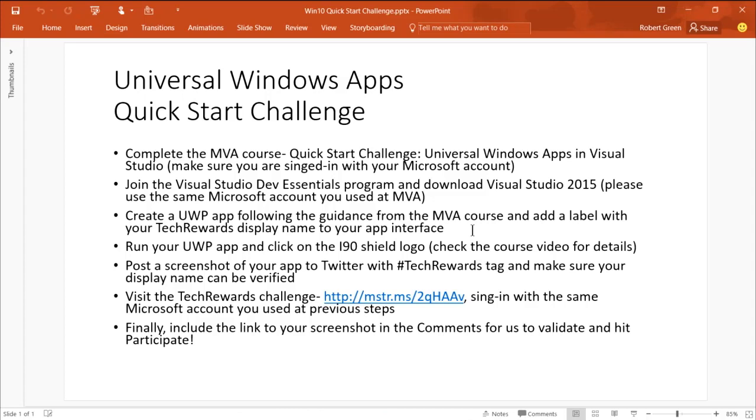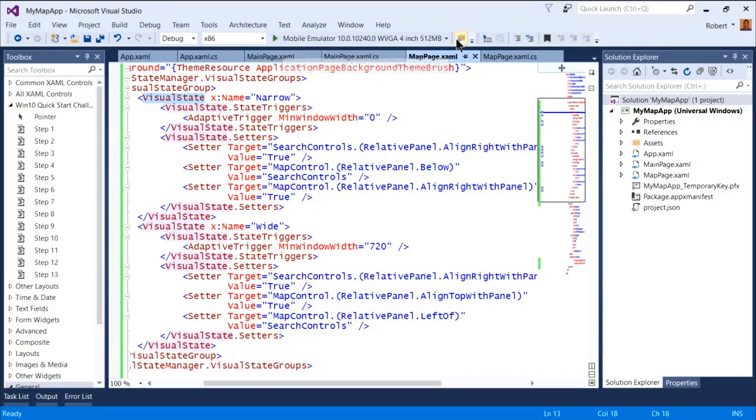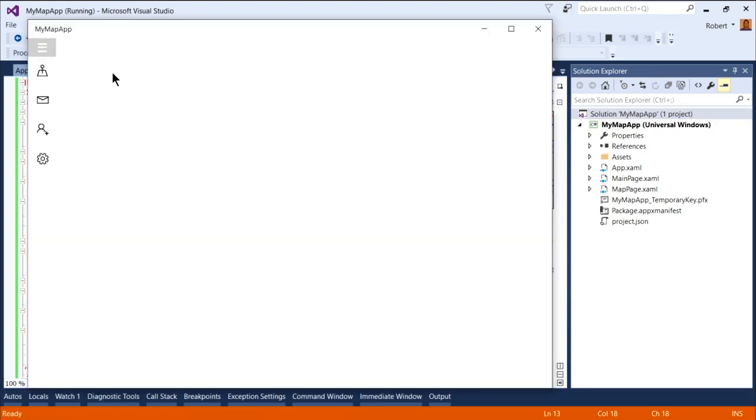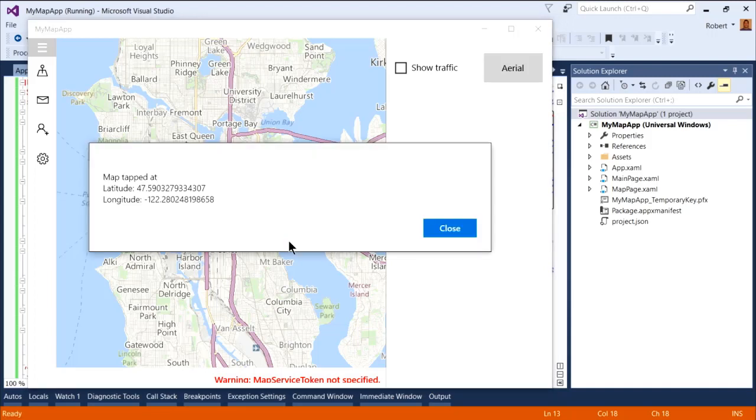And then, when we run the application, you can click on anywhere in the map and it'll show you where you are. So for example, if we come back in here, let's do this locally. Run the application. And there's code in there to handle the tapped event. So if I click on the I-90, I can see where I'm at. So what we want you to do